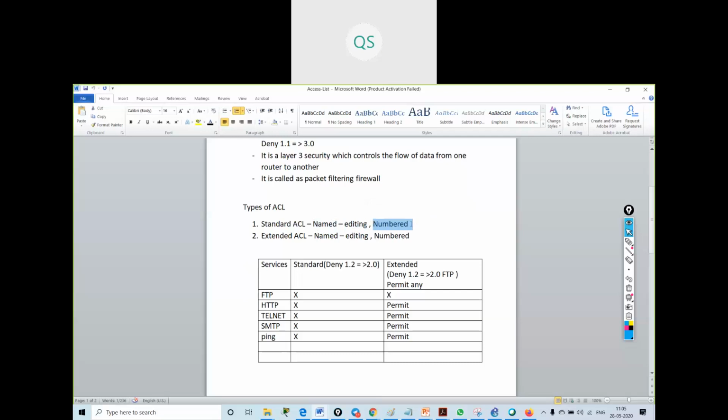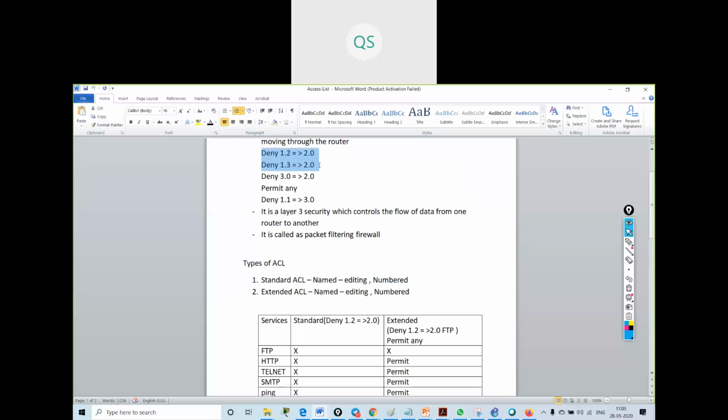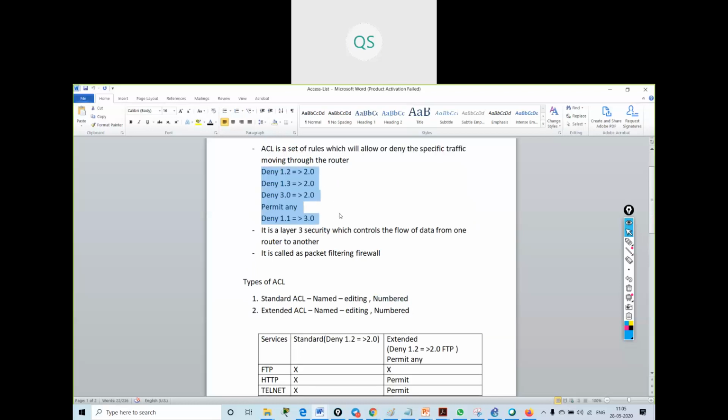In a numbered access list, editing is not performed. See, this is my numbered access list. If I've given a permit statement, and after it I give a deny statement, it will not be useful. It will not go to this statement. It will allow all the users.